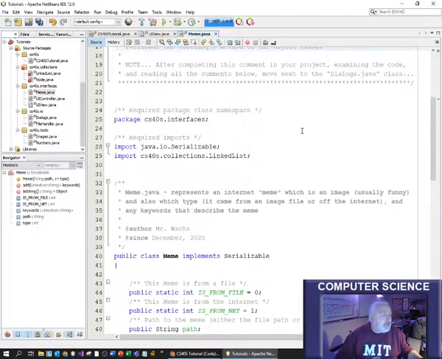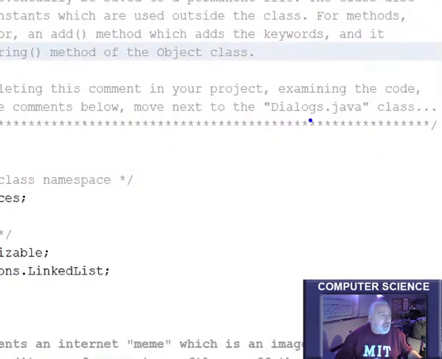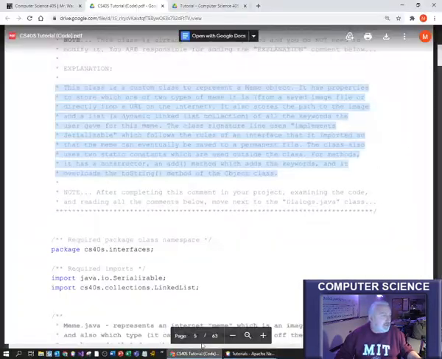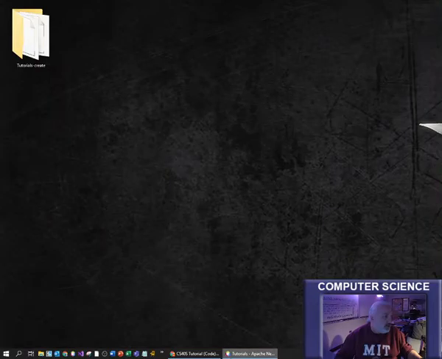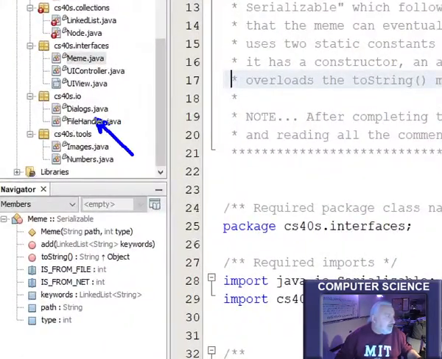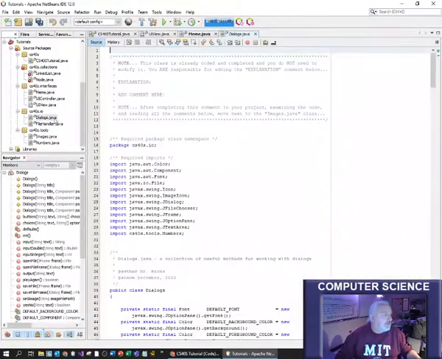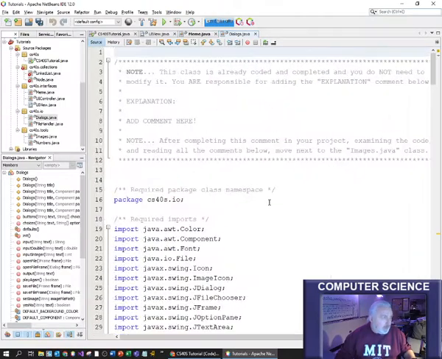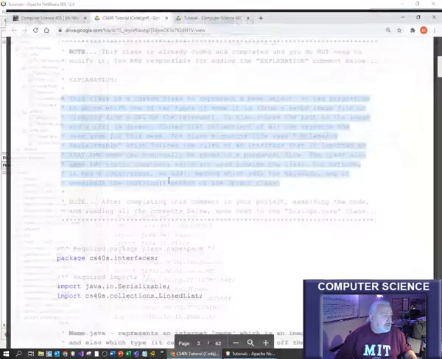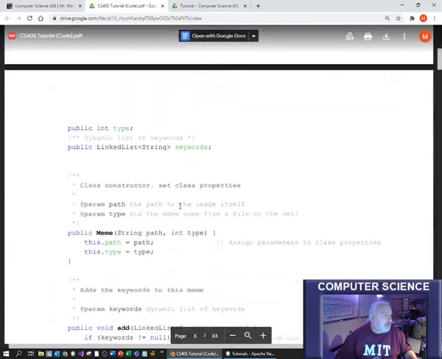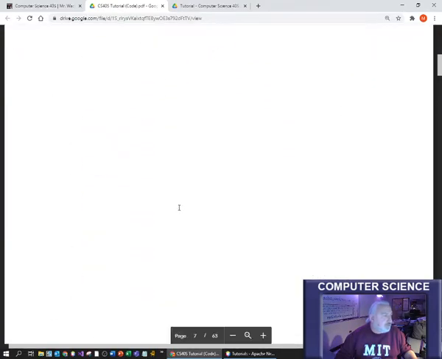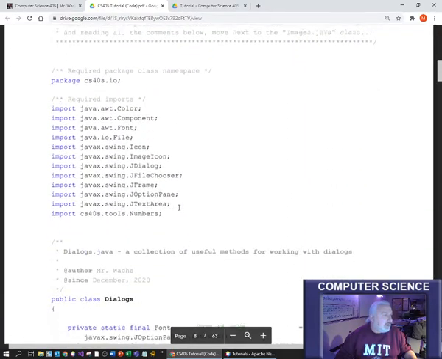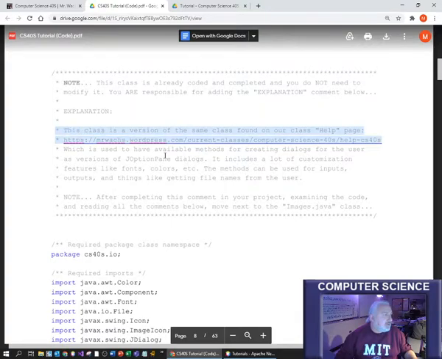Okay, next thing on our to-do list is to go to the dialogues.java class. So I'm going to open that one. You can see that one right here in your tutorial. And I'm going to go get its explanation comment right off that PDF. Here's dialogues. Here's the explanation comment. Copy it